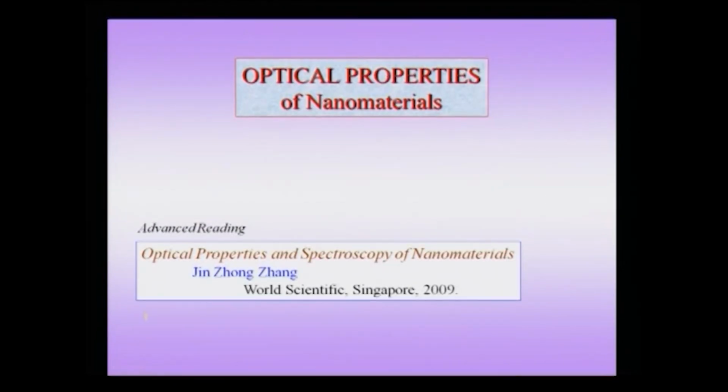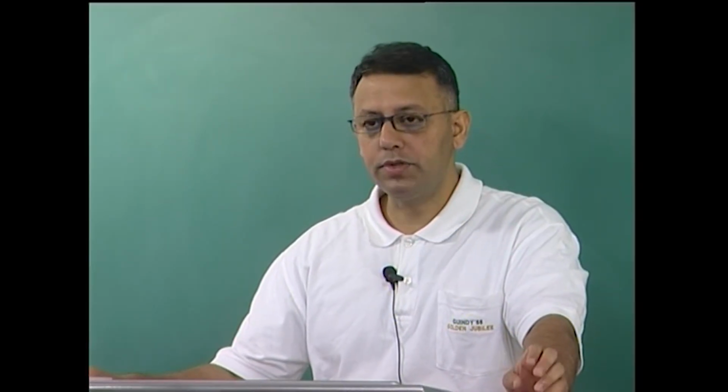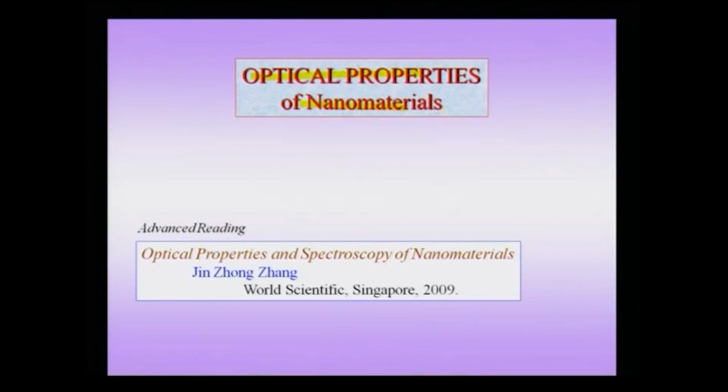We had noted earlier that optical properties essentially come from the electromagnetic structure, and we had noted some of the important concepts like band structure which play an important role in the optical properties. We will see further aspects of optical properties of normal materials and then further proceed to optical properties of nanomaterials in this chapter. People who are interested in advanced readings regarding the optical properties of nanomaterials may consult the book by Zhang, wherein he talks in detail not only about optical properties, but also spectroscopy of nanomaterials.